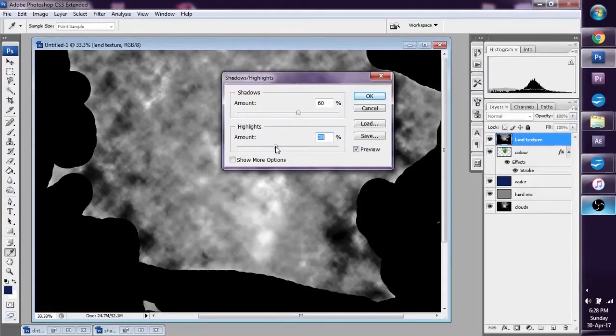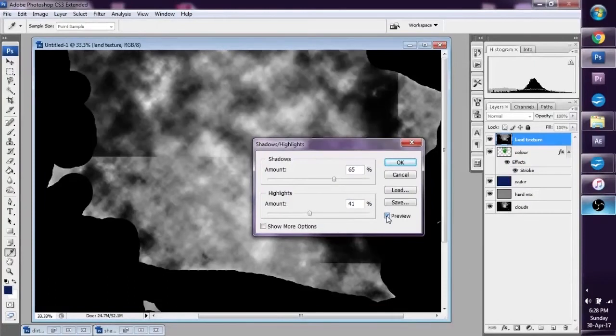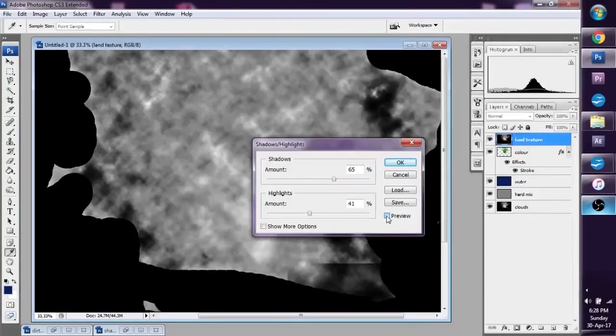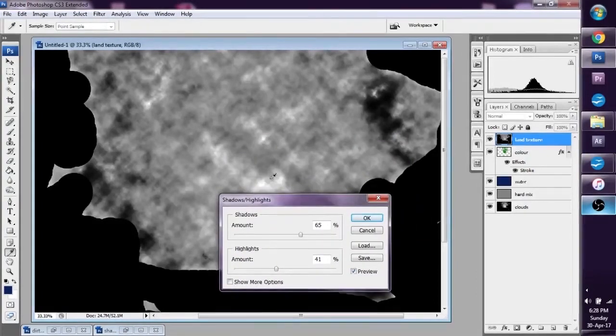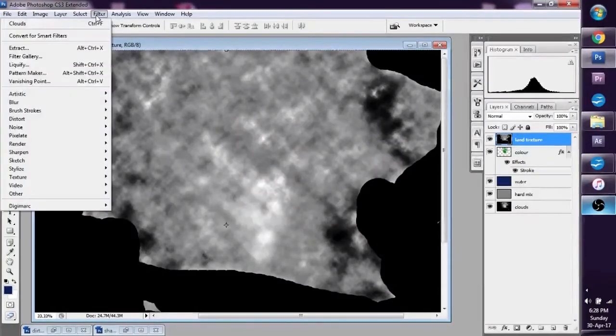Basically it's kind of like a levels adjustment, just with a little bit more detail, a little bit more exposure to it. We're going to use something like that, and this is what we looked before, this is what it looked afterwards. A bit more detail, and we've got nice areas of black and some areas of white. Brilliant. So we press OK, and we go to filter,